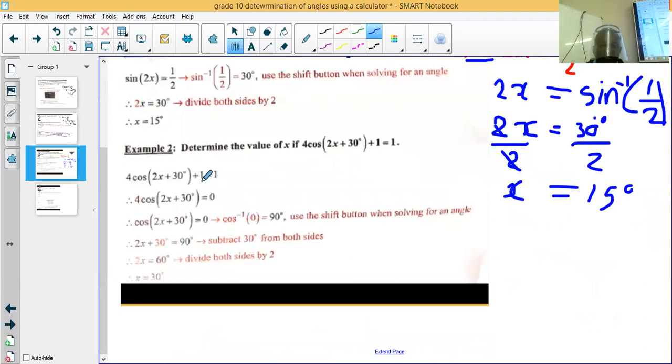We have question number 2, determine the value of x. They want you to find the value of x. Since they want the value of x, what are we given? We have 4 cosine (2x + 30) + 1 is equal to 1. First of all, just like we were doing in simplifying,